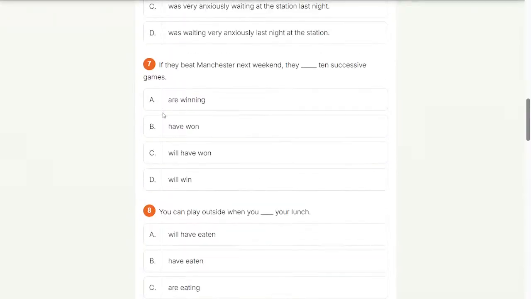Seven. If they beat Manchester next weekend, they blank 10 successive games. And our options are winning, have won, will win. If they beat Manchester next weekend, this is the first conditional, I guess.